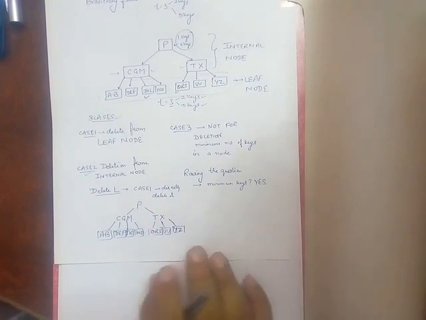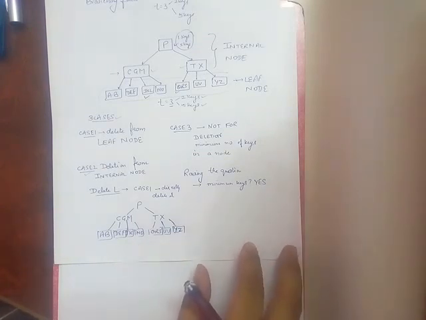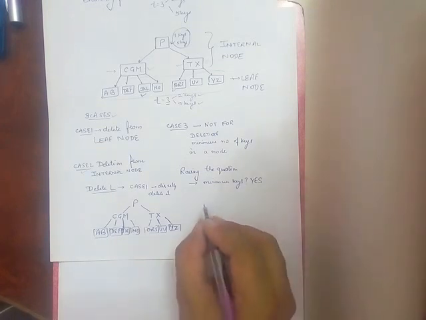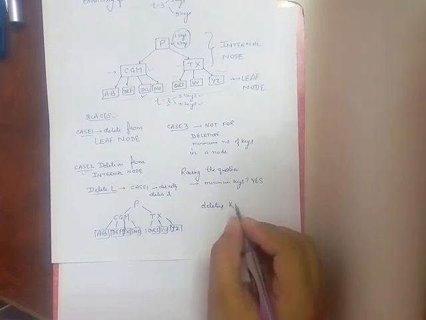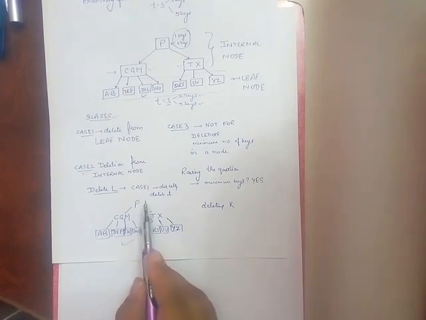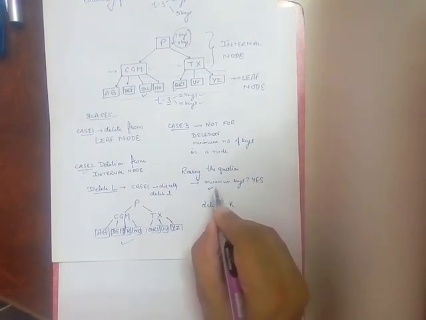Now what I am trying to say is that if we are deleting a key from the given figure, I am designing this figure, considering this figure only. Now if I have to delete, let's say, K from the figure, we see that as K is in a leaf node, we have to always start from the root node, and follow the same procedure, raising the same question at each level: does the node have the minimum number of keys or not?